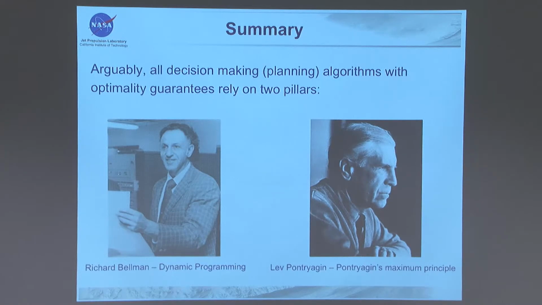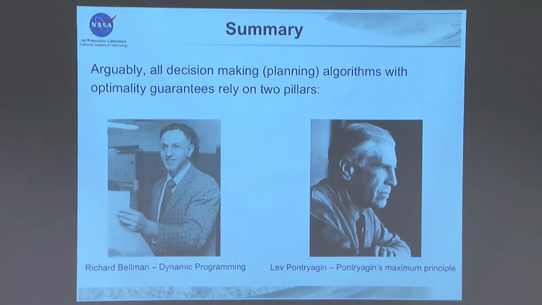I studied motion planning algorithms for kind of a decade, I think. I would say the robotics people study motion planning, control people study motion planning, AI people study motion planning. If you follow all these algorithms and try to understand why they work, you will end up with these two guys. This is Richard Bellman, a mathematician, and he is the inventor of a technique called dynamic programming. There's also a nice article about why he chose this name, dynamic programming. I suggest you read that. And the second guy is